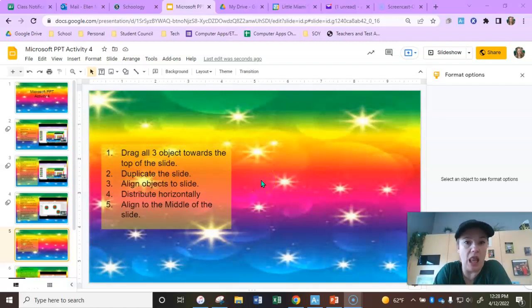Now we're going to look at aligning these three separate objects that you guys created. And I want you to see the difference between aligning the objects to the slide versus aligning the objects to themselves. So the first thing we're going to do, steps 1 and 2 here, we're going to drag the objects to the top, and then we're going to duplicate